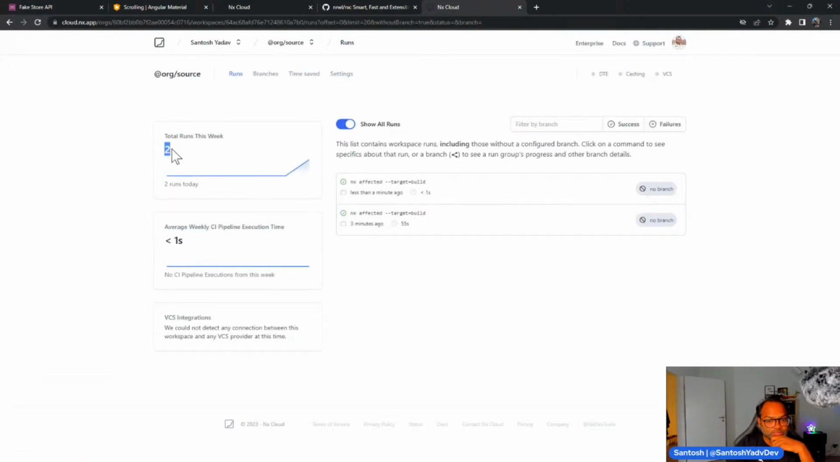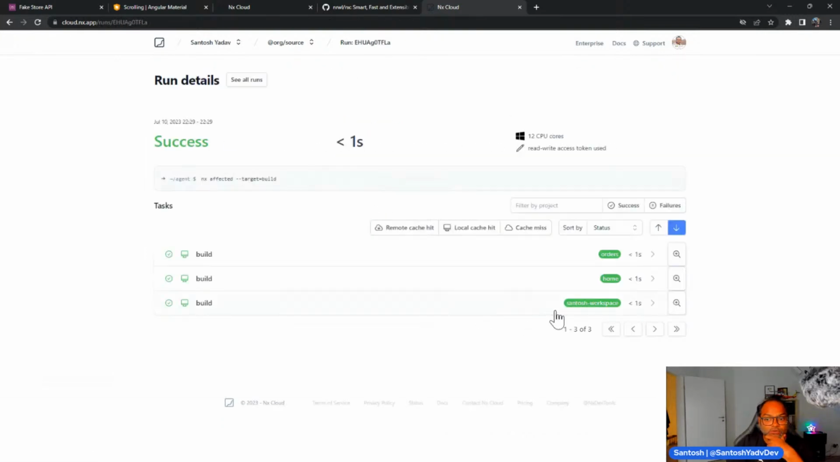Now you can see there are two runs, and the second run, which we just executed, took less than a second because everything was taken from the cache. But what is important to understand here is that this cache is actually available for everyone within your team. So if you have hundreds of developers, and let's say they are working on some project, and